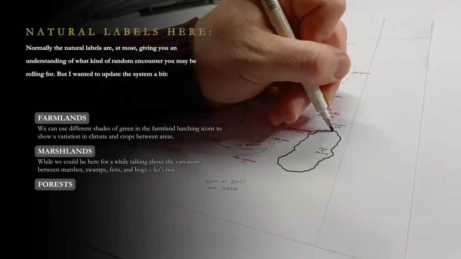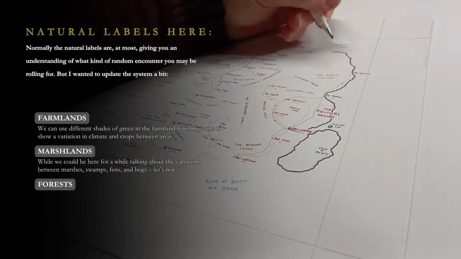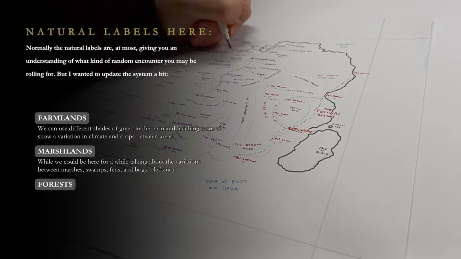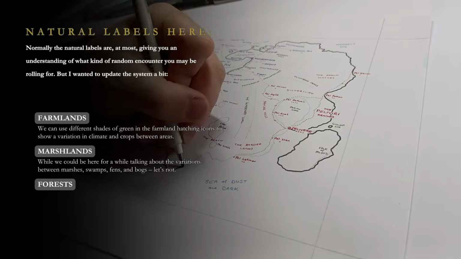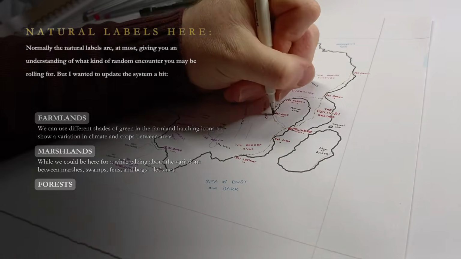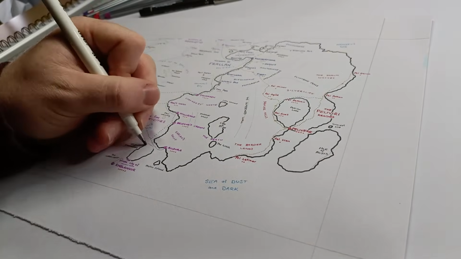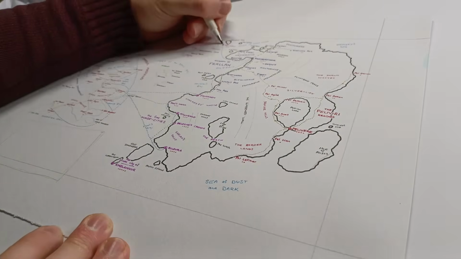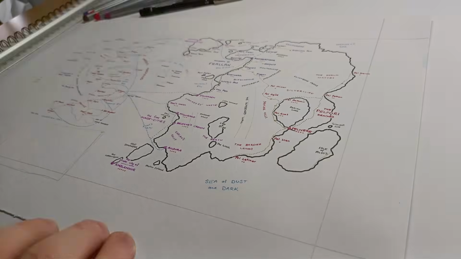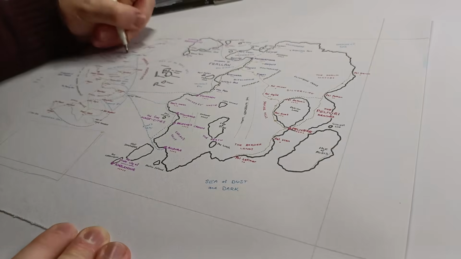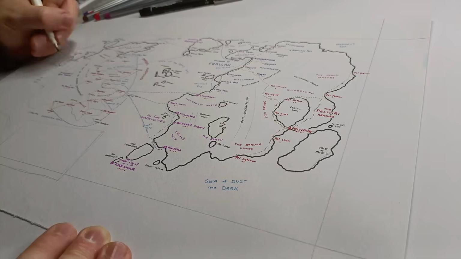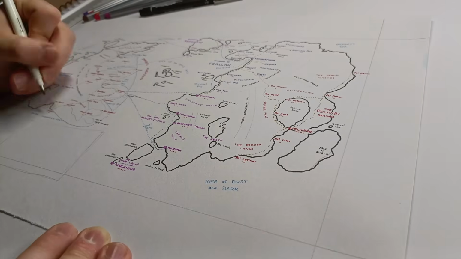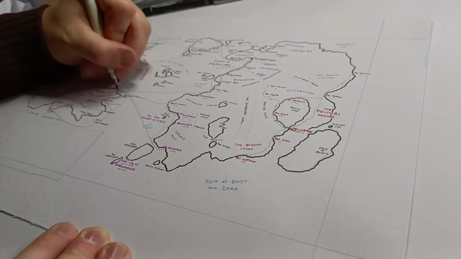We'll talk about the farmlands first because it's simpler. What I wanted to do was, again, show how the immersion can be different by creating things on a map. So we've got light green farmland, we've got a dark green farmland, and I wanted to show the difference there between a milder climate and a colder climate, respectively. So the light green stuff is more Mediterranean, whereas the dark green stuff is more Northern European, like Germany